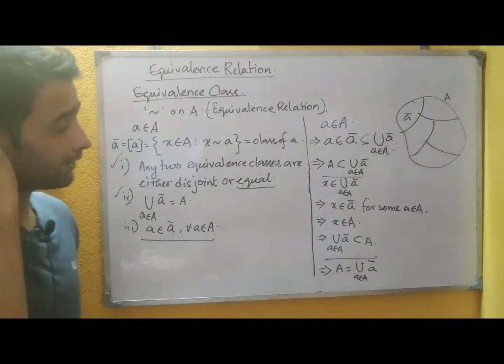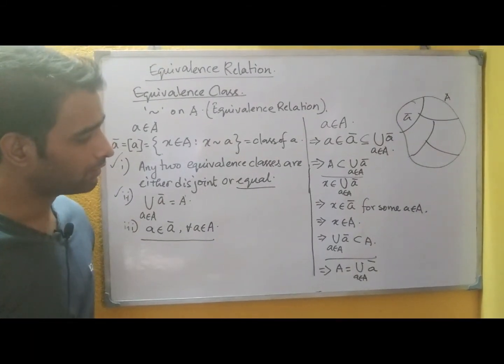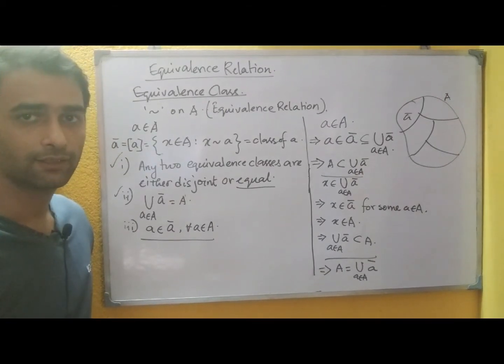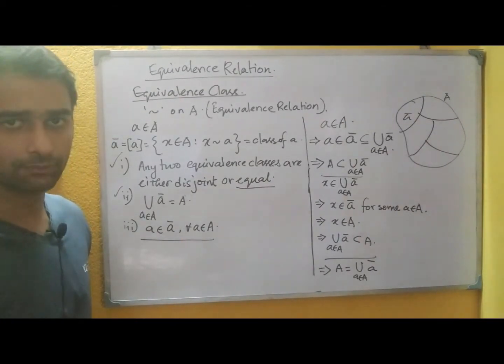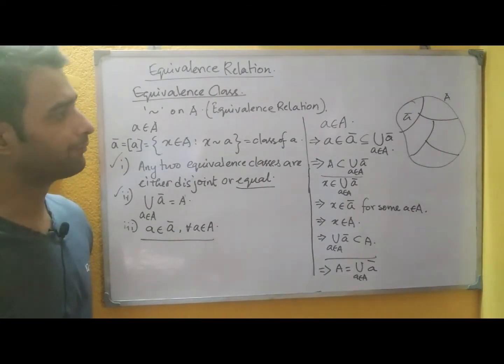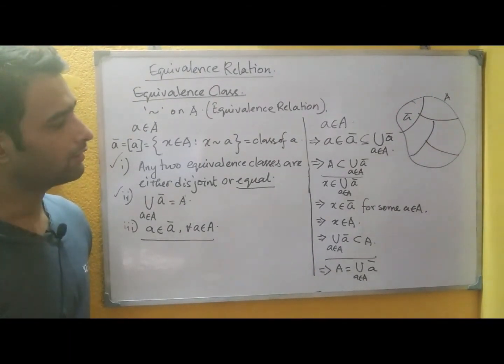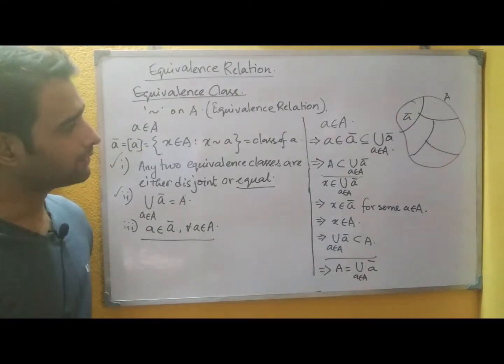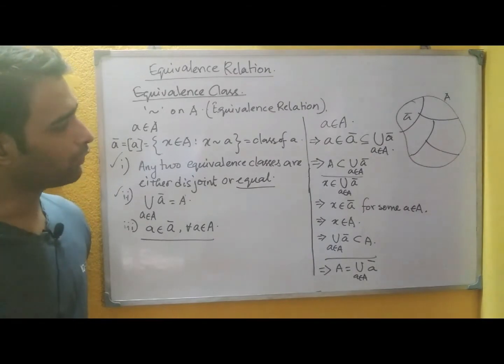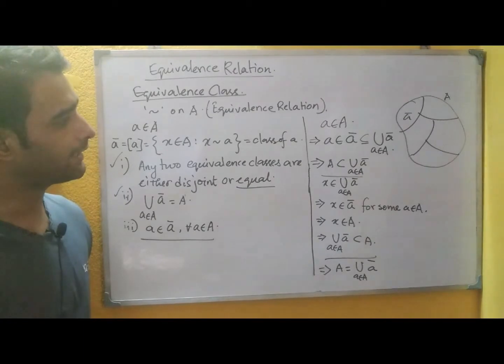Also you can think of it this way: whatever we are doing with the set A, the elements of the classes must belong to the set A, and also each of the equivalence classes is a subset of A. So if you take the union of all the subsets of A, then anyhow you will get back the set A. So you can say that the union of all the classes will give you the set A back.